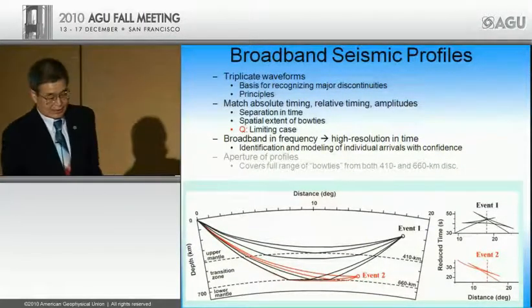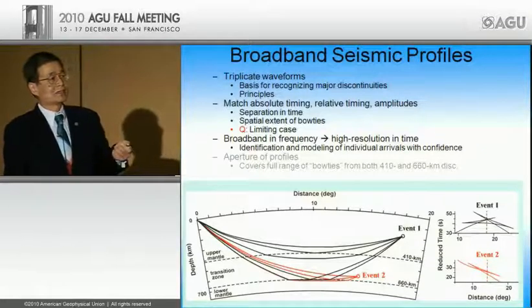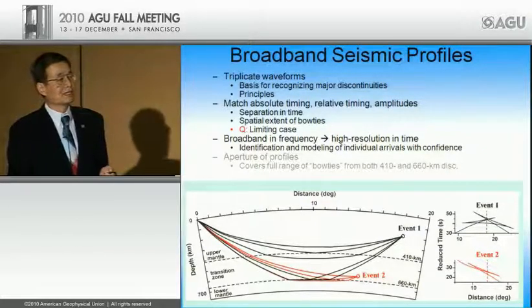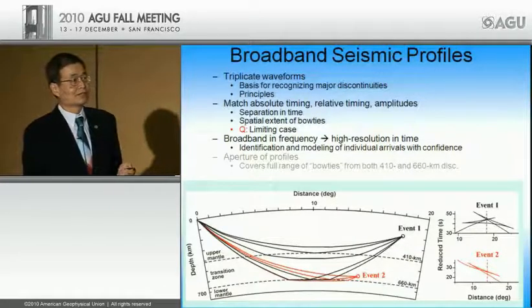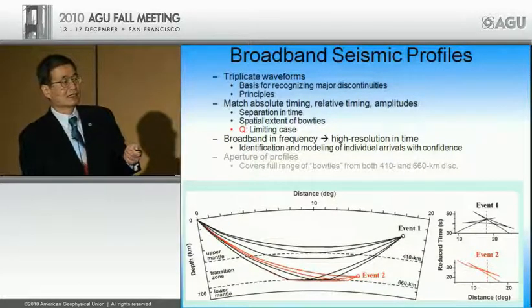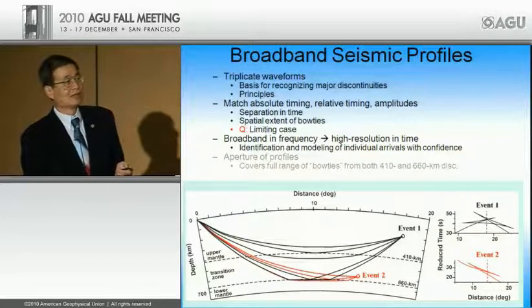Now, the fact that we have seismic discontinuities bound in the transition zone was established by the so-called triplication in travel time curves. And this is a travel time curve. Look at just this event, deep event, event 2, right above the 660 discontinuity, distance on the horizontal axis and travel time on the vertical axis.